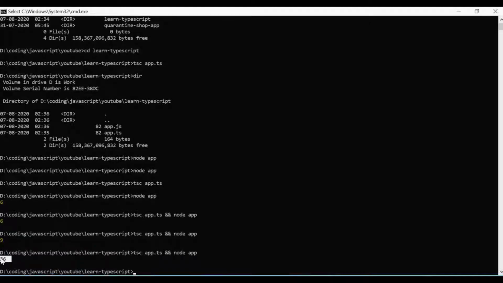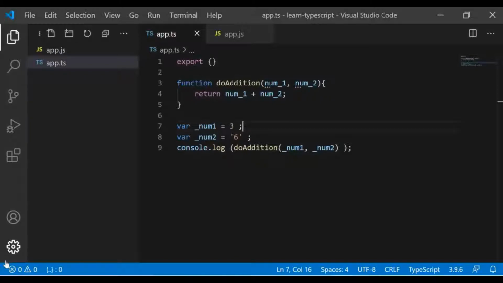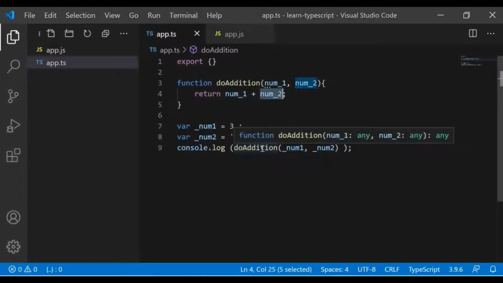Instead of adding them both, they got concatenated with each other, because the method thought that since the second argument is a string, it has to concatenate them. So this is the problem with native JavaScript code. Since there is no strict typing, in real time you are not sure what type of data this function is expecting. Okay,